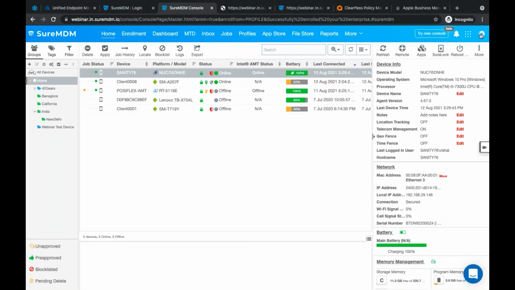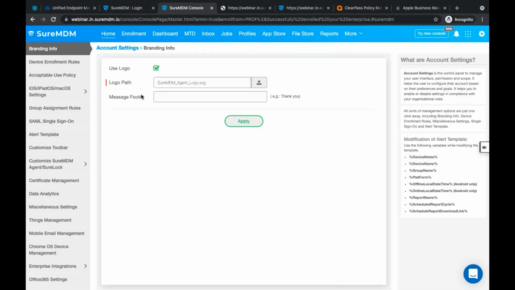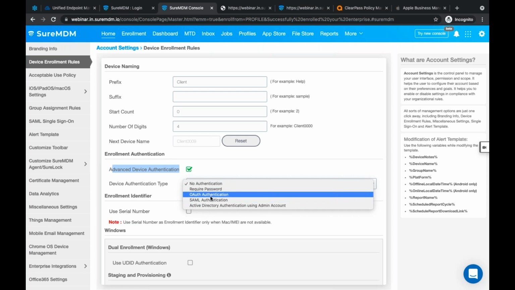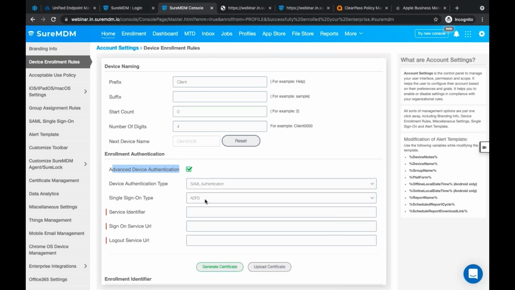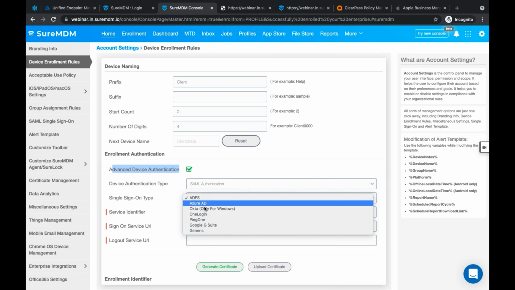Here in the MDM console, I have to go to account settings, and then on the left hand side, we have to go to device enrollment rules. Check this option of advanced device authentication and select the device authentication type as OAuth or SAML authentication. I'll select the SAML as of now. And in the single sign-on tab, select the appropriate identity servers that you want to